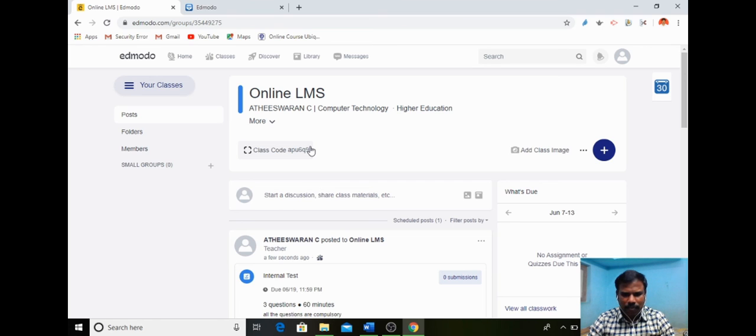It is time for you to practice these 2 LMS tools, and you can implement them in your teaching and learning process. During this pandemic period of corona, students and teachers are physically separated, but you can connect with students by using these online learning management system tools, which are freely available. You can explore, or you can innovate the options, and you can use them for the betterment of the students.